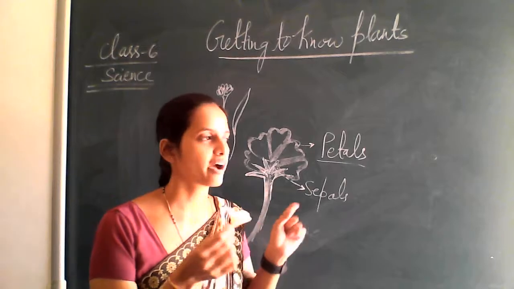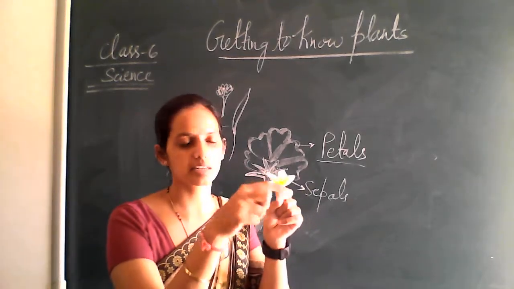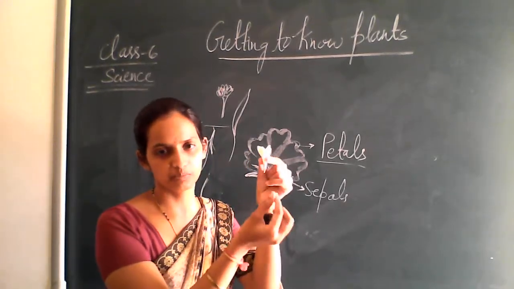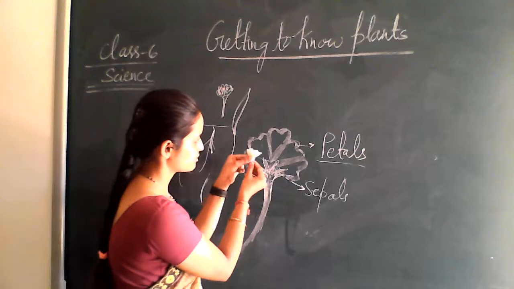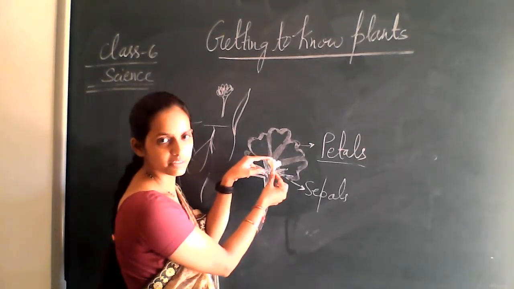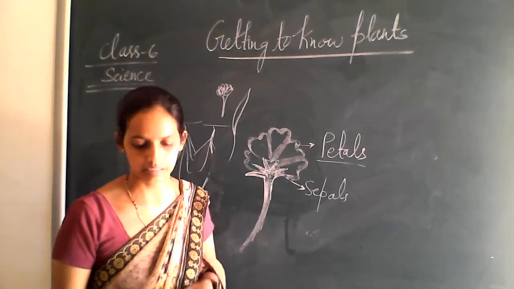As we only have this flower available now, through this you can understand these are the petals, and your sepal will be at the bottom of this flower. Okay, as I have drawn this, right? These are the upper part of the flower, that is petal, and the lower part consists of a sepal. Okay.